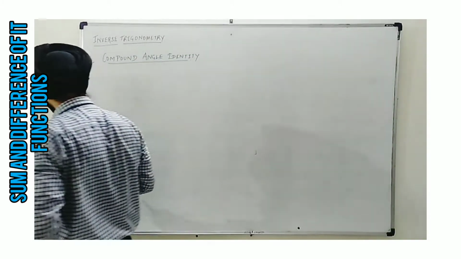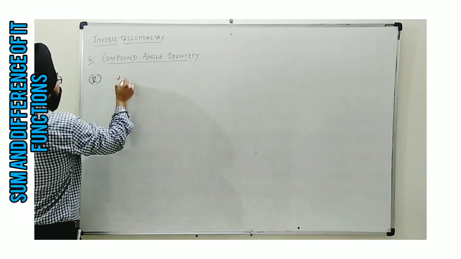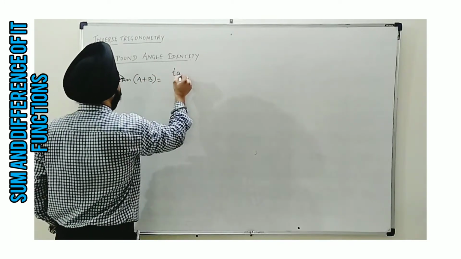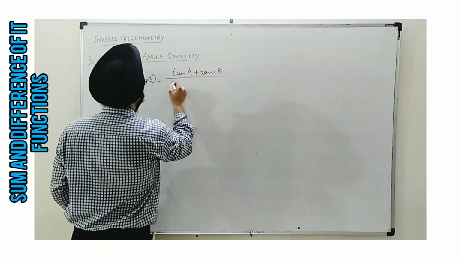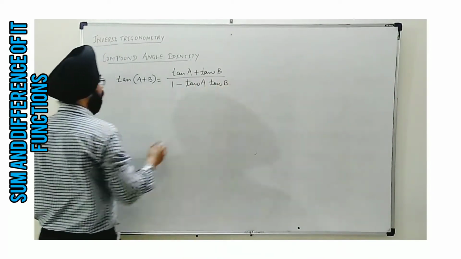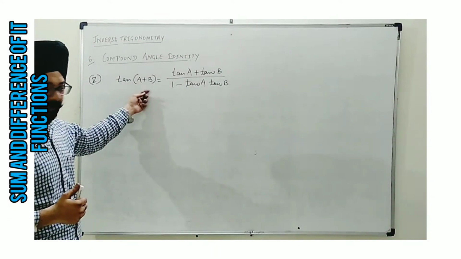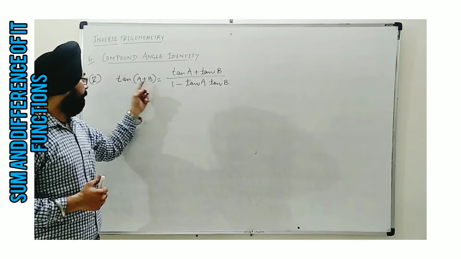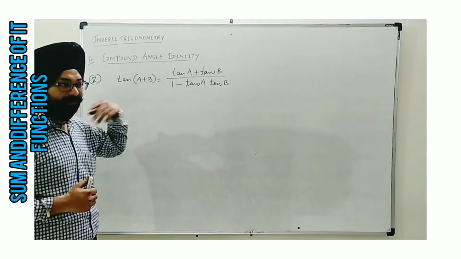Now we are going to see the fifth identity. tan(a+b) is expanded as (tan a plus tan b) upon (1 minus tan a tan b). Now this is the property of tan. Whenever we expand it by identity, we see that in the denominator the first term is 1, and its sign is opposite. Whatever we are taking here between a and b is similar in the numerator, opposite in the denominator. In general we find so.